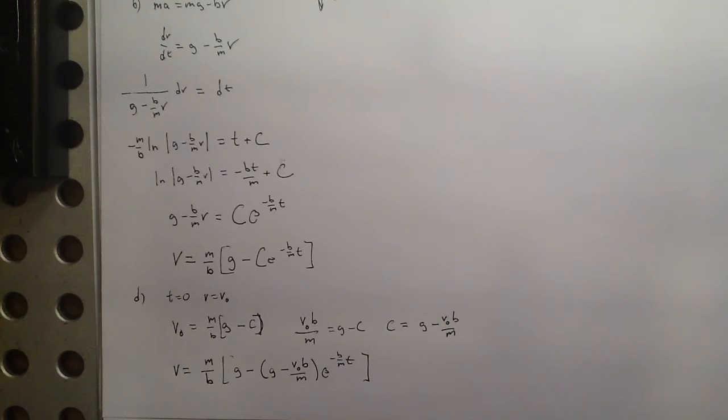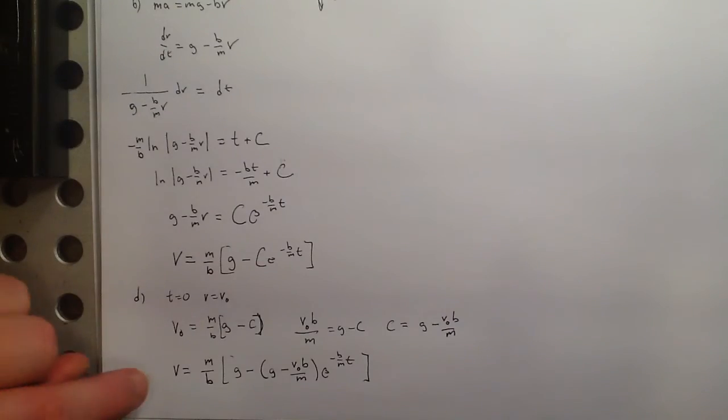I don't know if it's worth it to do it or not, but you could clean this up some, because if you distribute this and maybe factor a g out, there may be a nicer way. Maybe I'll just leave it like that, though, and let you toy with that if you want to. Now, part C